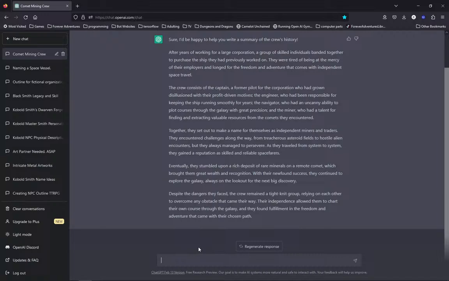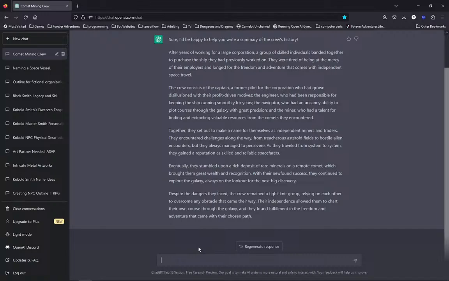But what I want to do to it is I want to get names for each of these individuals, right? We have a small 4-man crew. I also think I want to add a chef, because in these independent crew space adventures, there's always that one individual who takes the just disgusting paste of space food and turns it into something palatable. That person is always exceptionally respected by the crew, because the difficulties of living a life in space would be absolutely not worth it if you couldn't at least eat halfway decent food sometimes. So I'm going to make sure that they put that in there.